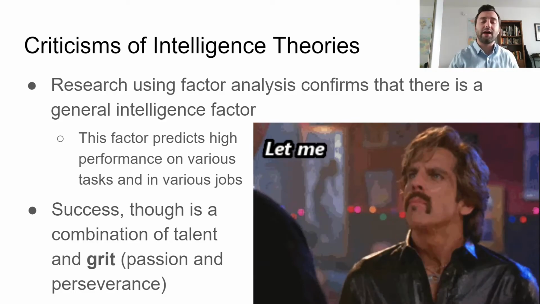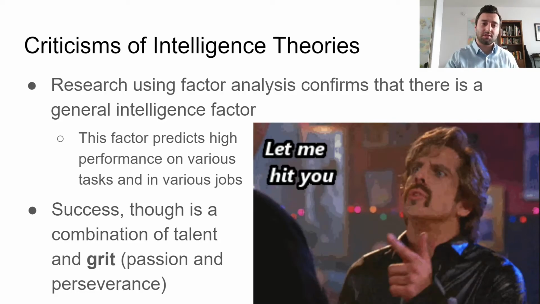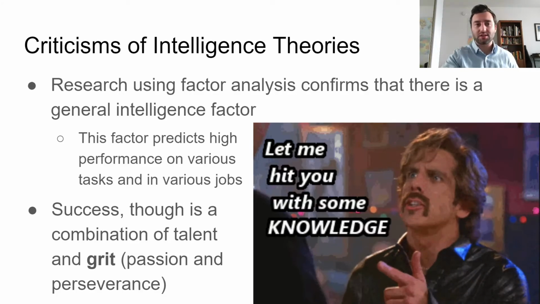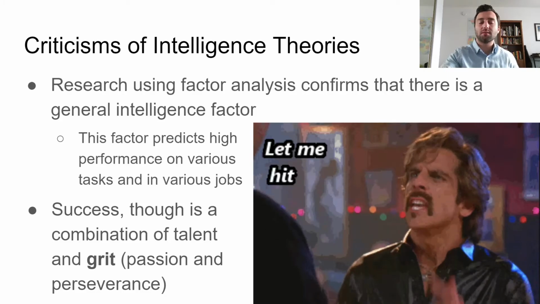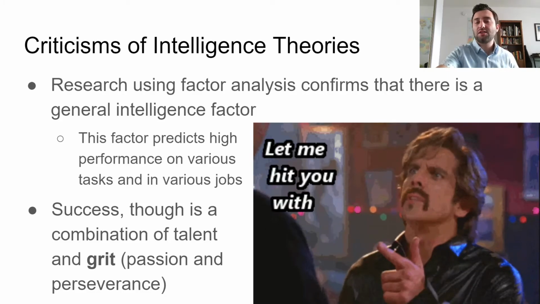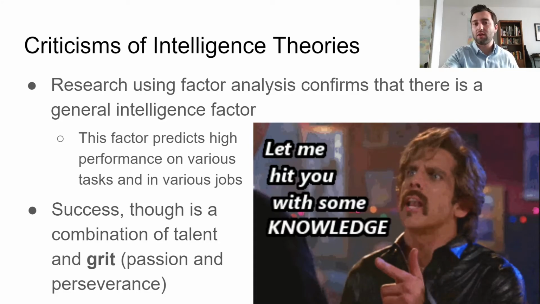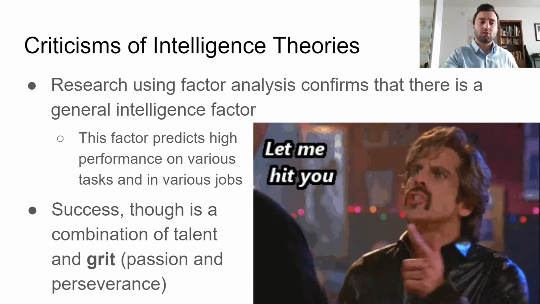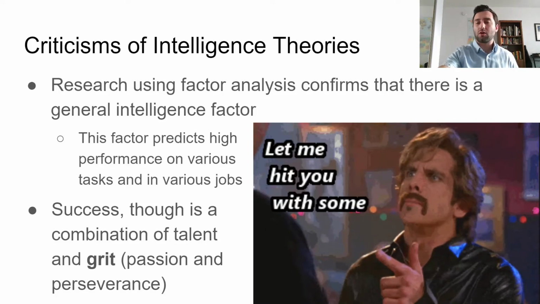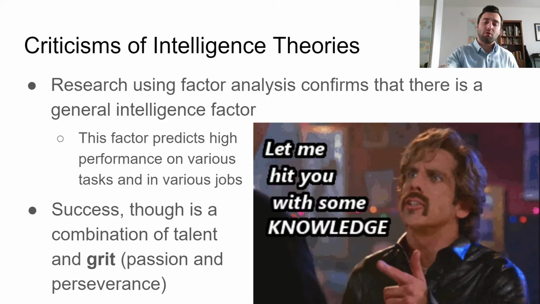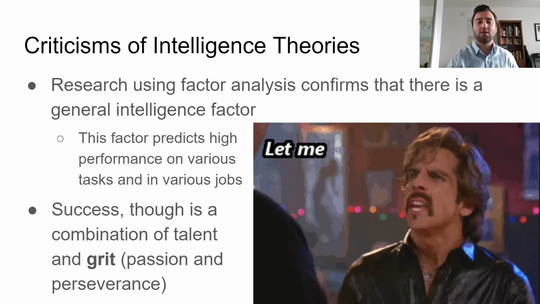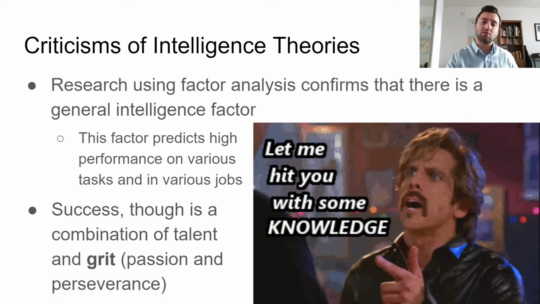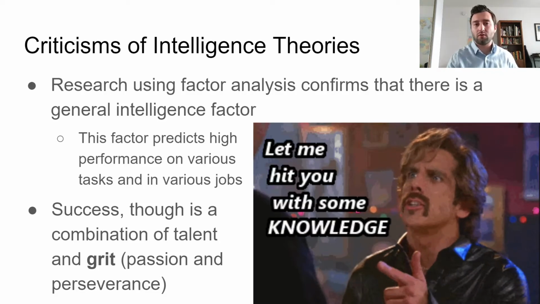Now, there is also an underlying criticism of intelligence theories in general, which is that if we are trying to measure success, which generally speaking we are when it comes to intelligence, intelligence on its own isn't enough to give a perfect analysis, right? A perfect score. So there is also what we call grit is generally what we're referring to it as. But grit has to do with our passion, our ability to persevere, our willingness to put time and effort in to be successful. And I'm sure all of you have experienced that and seen that, right?